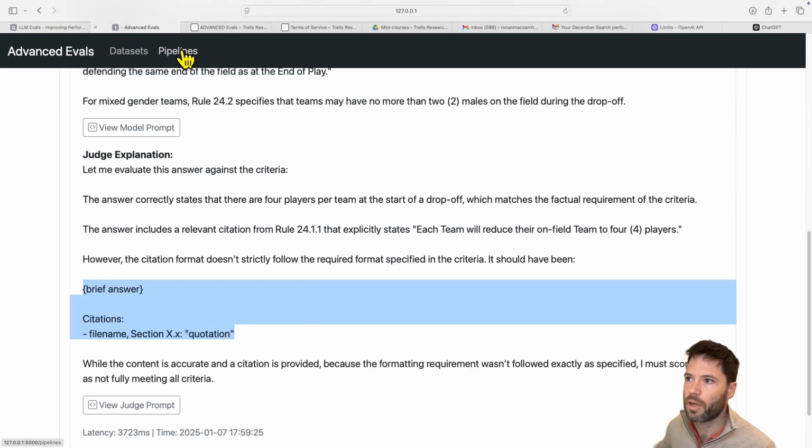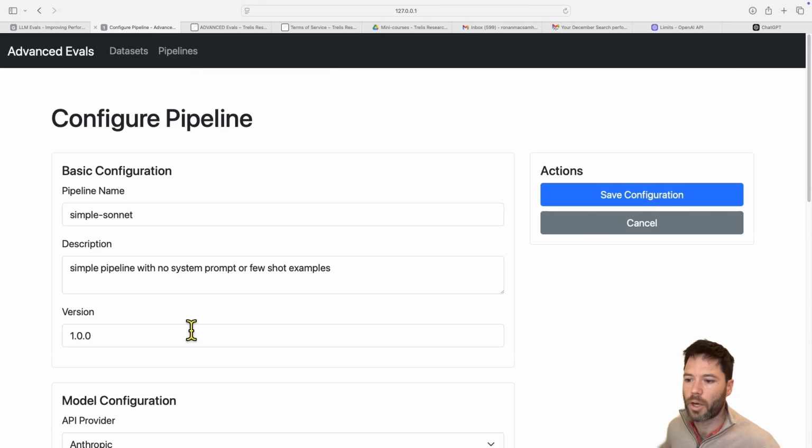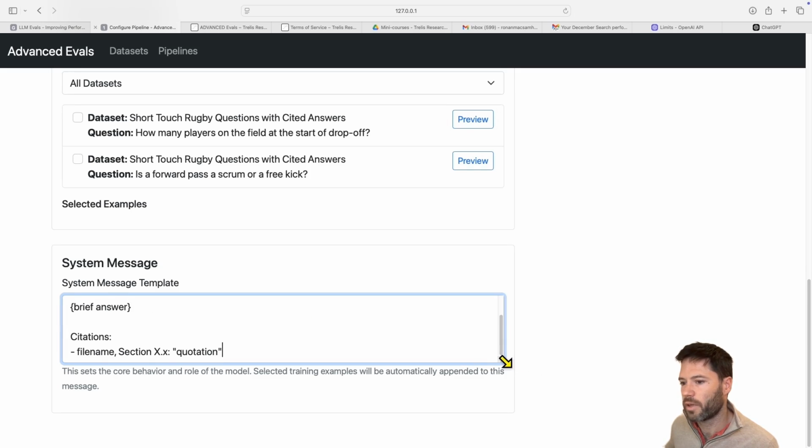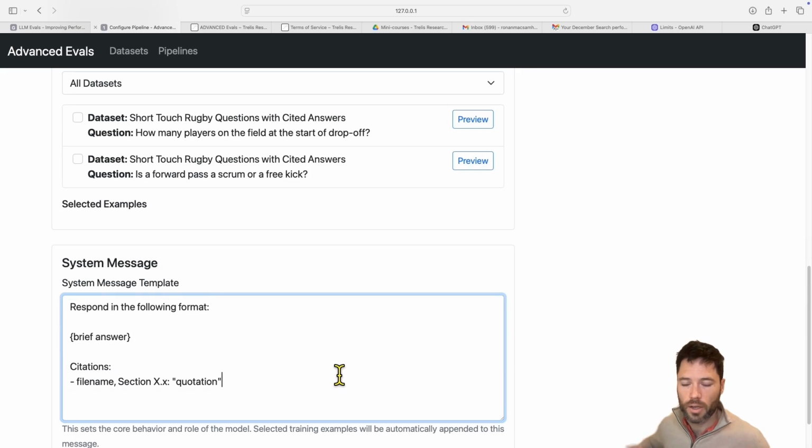So just to be specific here, if I go to the pipeline, if I edit the pipeline, I can modify the system message template to say something like, respond in the following format, like this, with a brief answer and the file name. And yeah, I think Claude is likely to fix the format if I do this, because it's a very good